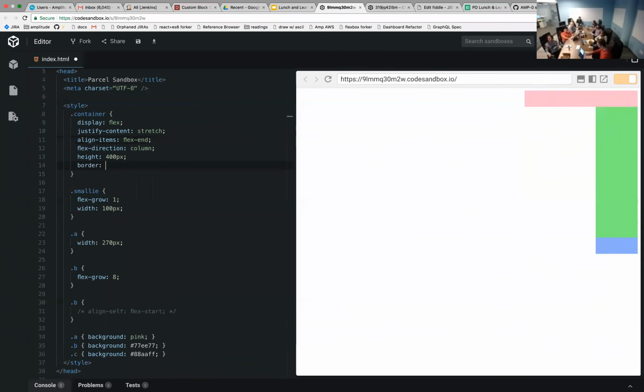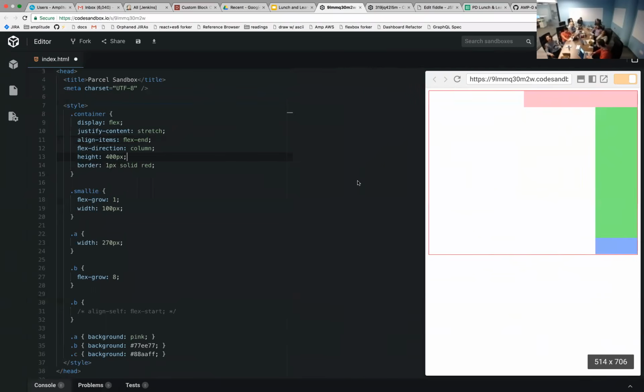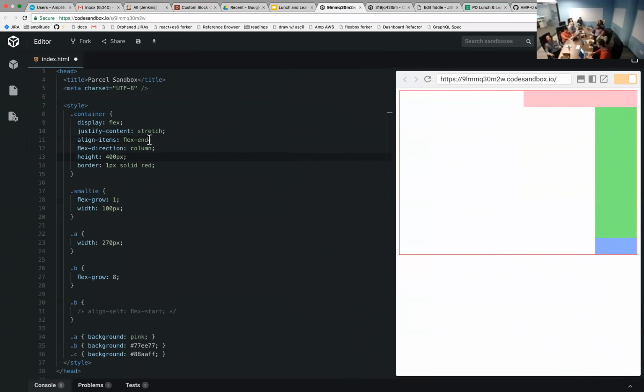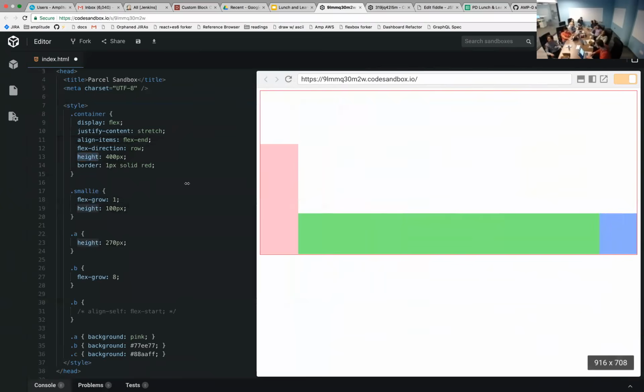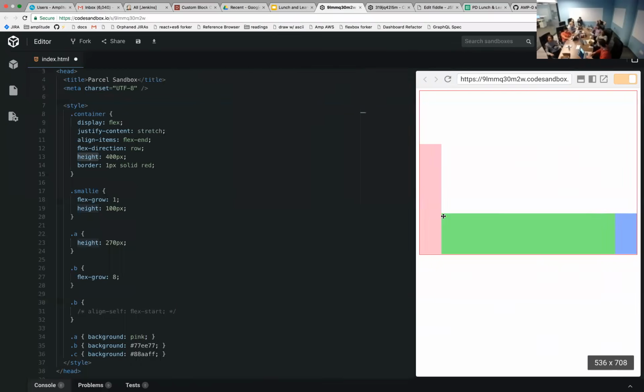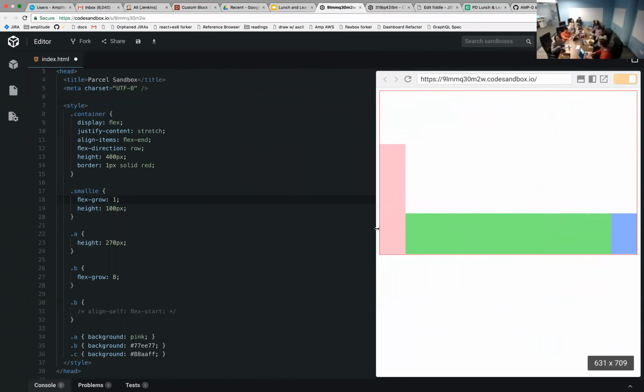I'll just draw a border around this so we can see it. And if you resize the browser, it'll grow. If we use flex direction, whatever. And change this back to height. And then they grow with the size. Oh, yeah, that would. There's also flex shrink, which